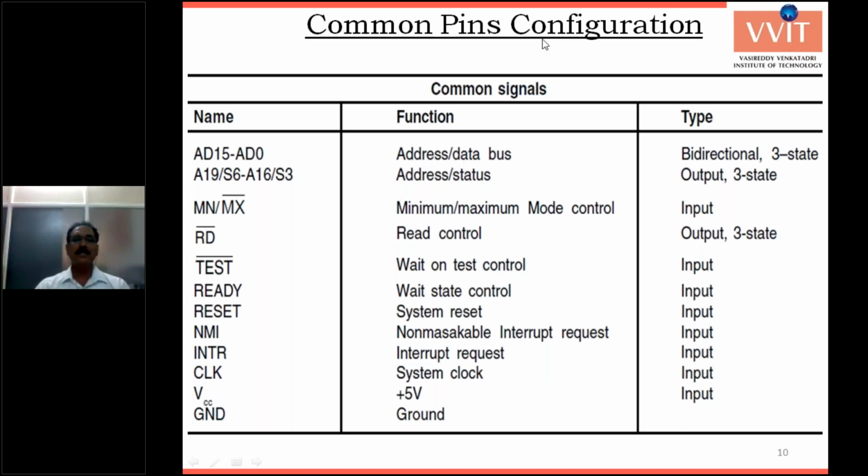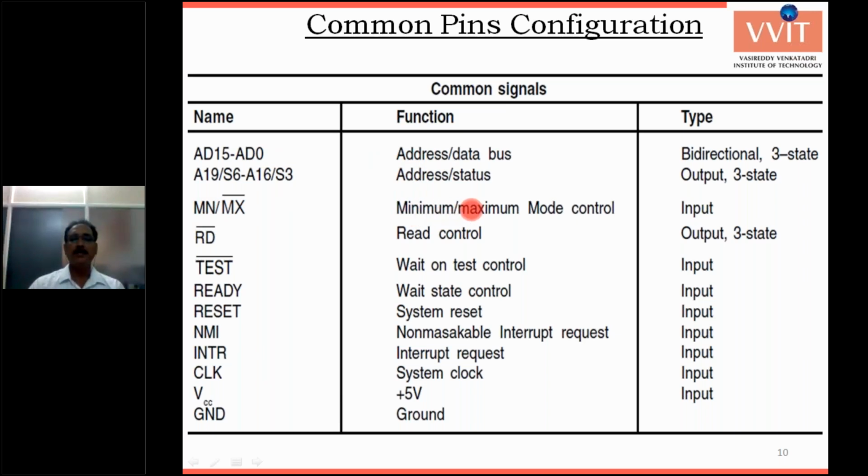Now these are the common pins. AD0 to AD15 are dual purpose, carrying the address bus and data bus bidirectionally. A16 to A19 are the address bus and act as output, not input. AD0 to AD7 are bidirectional. The address is carried as output, while D0 to D15 act as input or output.